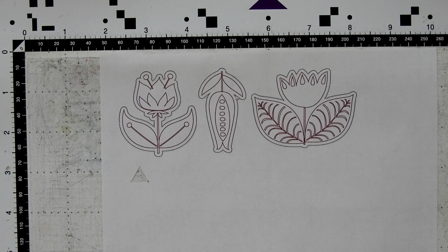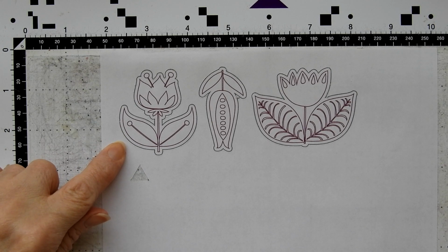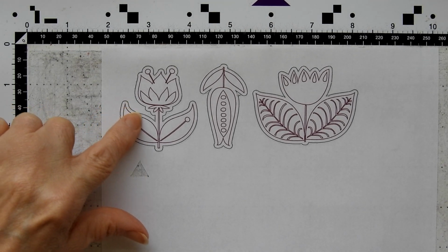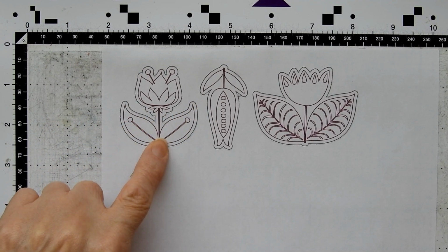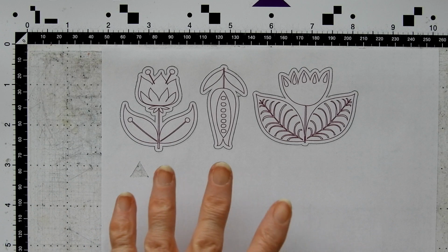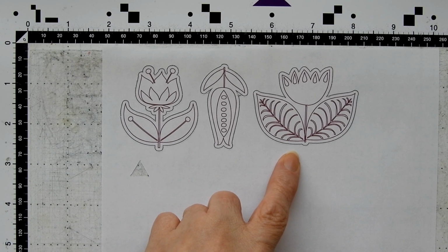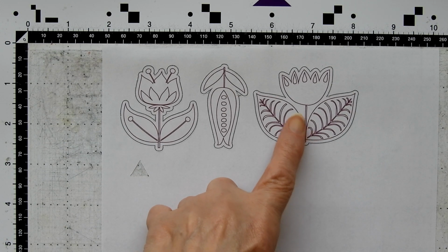This is an example of what the Brother ScanNCut machines do well. Cutting out nice, clear images that have got a continuous line around the outside edge. Now, this particular image is taken from a font. And what I did was I happened to open it up in ScanNCut a lot, and I edited the font